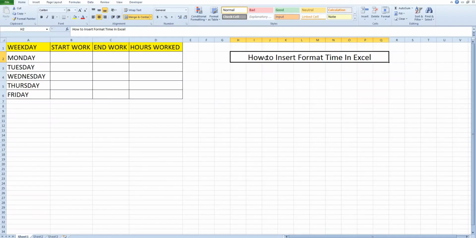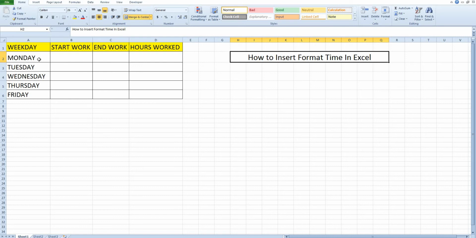I'm Arshia. In today's video, I'll be showing you how to insert and format time in Excel, and this is the table I'm using here. It's important to know that Excel works with and saves time data in a special way. Here I want to insert a time value, not a number, currency or any other type of data. For that, we need to set the right formatting for cells which contain time information. So the first step is to format cells correctly.